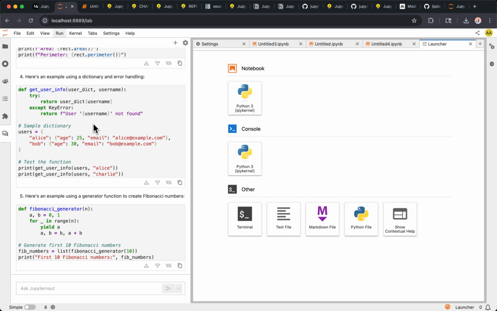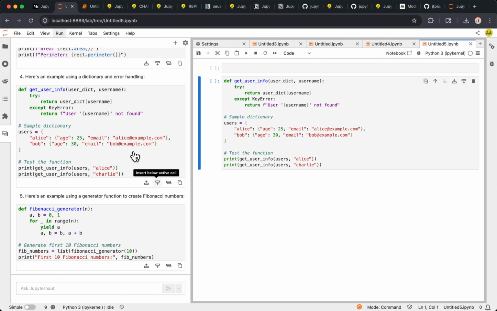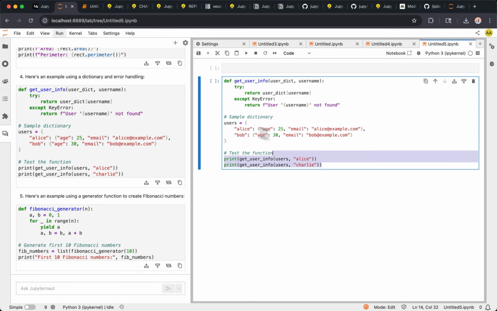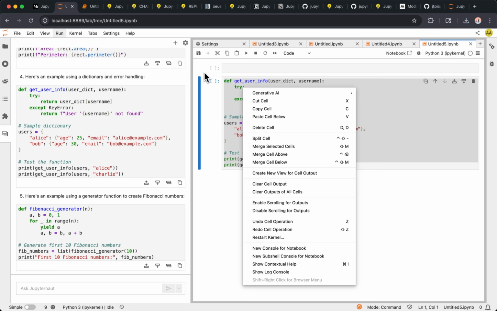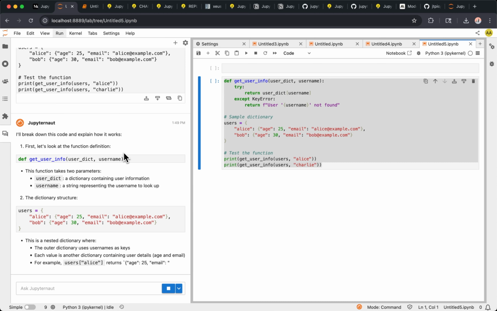There is some nice integration: if you have a notebook open, you can just insert the cells directly. It's quite convenient. You can also select some code and ask it to explain what this does.